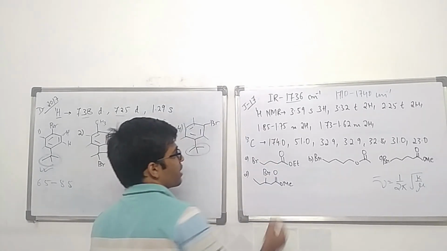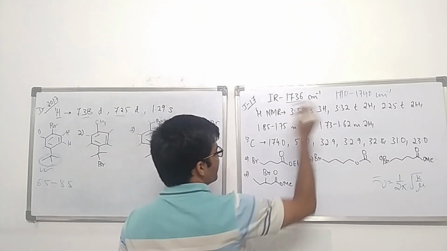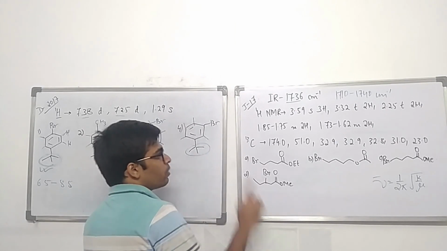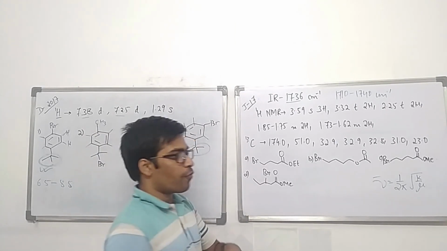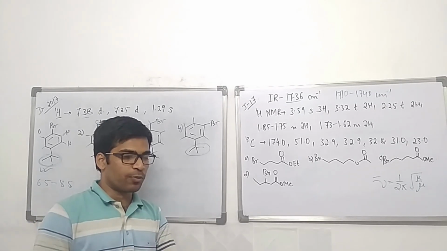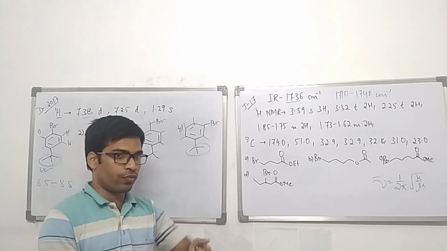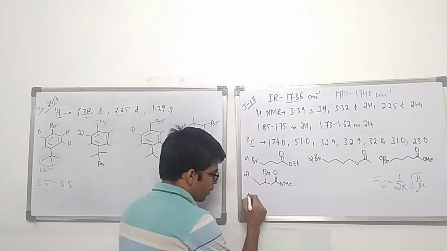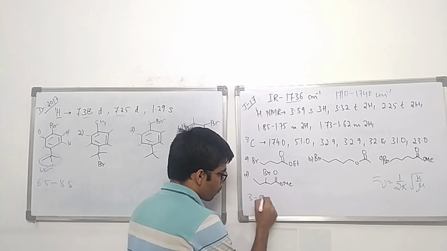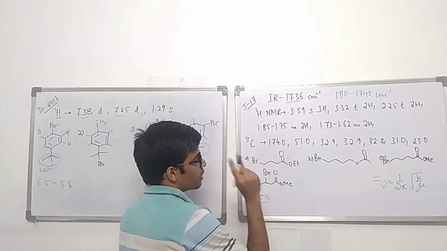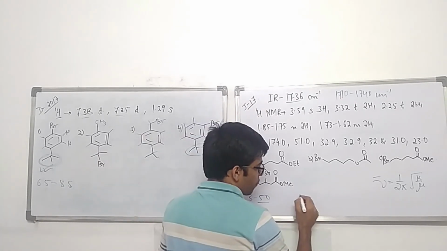Now proton NMR says there is a 3.59 singlet of 3 hydrogens. As I told you, protons attached to an sp3 carbon having 1 electronegative attachment have 2 different signal ranges, one for low electronegative and one for high electronegative. For the high electronegative, it goes from 3 to 5.0, and in this range there is 1 singlet signal. So that means 3 hydrogens.